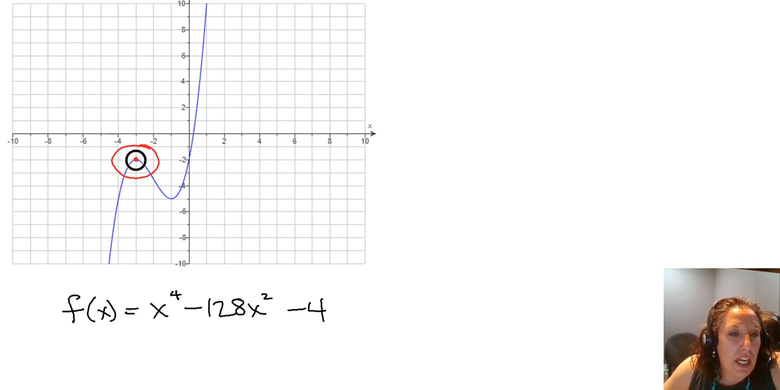So this first one we see has a maximum here at the point -3, -2, and we have a minimum at the point -1, -5, because if we zoom in on just those little areas, that is the highest or the lowest point. So looking at a graph, it's pretty easy. This is going to have a relative or a local max of